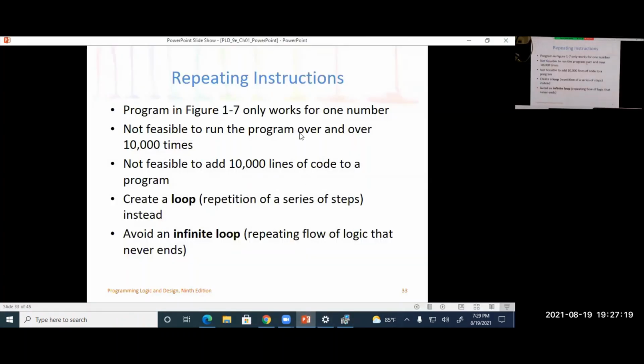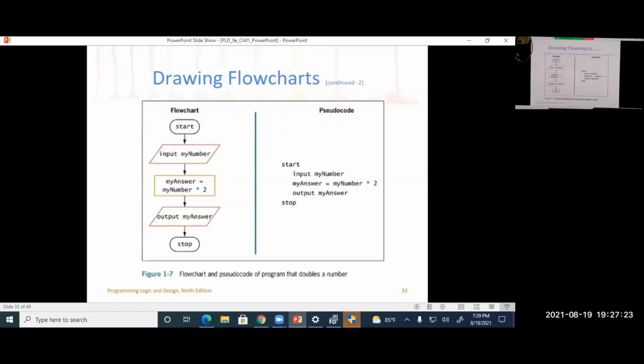Okay, so now looking at the repeating instruction. This is a process. If you want to double the number here, you have to input the number. You do the processing by doubling the number, and it prints out the output number here, right? But sometimes you need more than one time. Sometimes you need to do it 1,000 times. Right? So in the case that is a